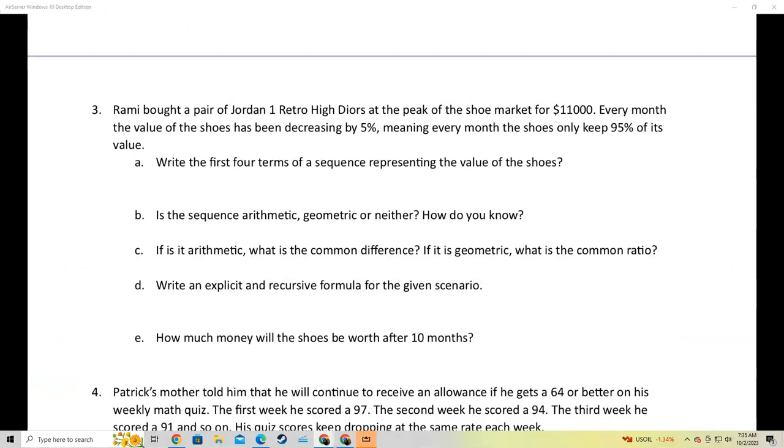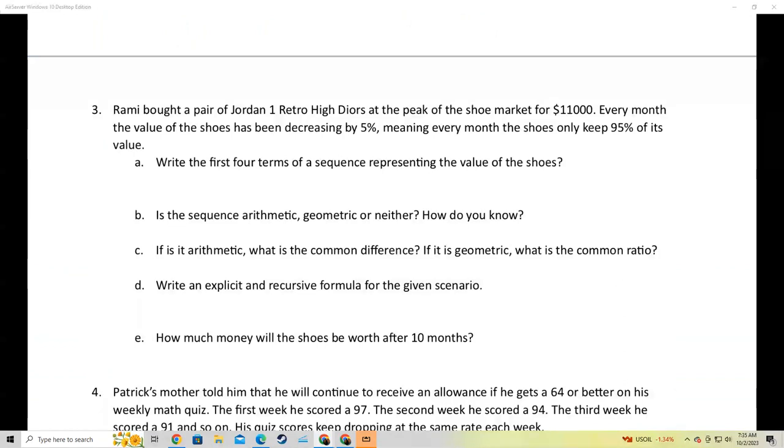It says Rami bought a pair of Jordan 1 Retro High Dior's at the peak of the shoe market for $11,000. Every month, the value of the shoes has been decreasing by 5%, meaning every month the shoes only keep 95% of its value. So when I tell you that something goes down by 5%, a lot of students make